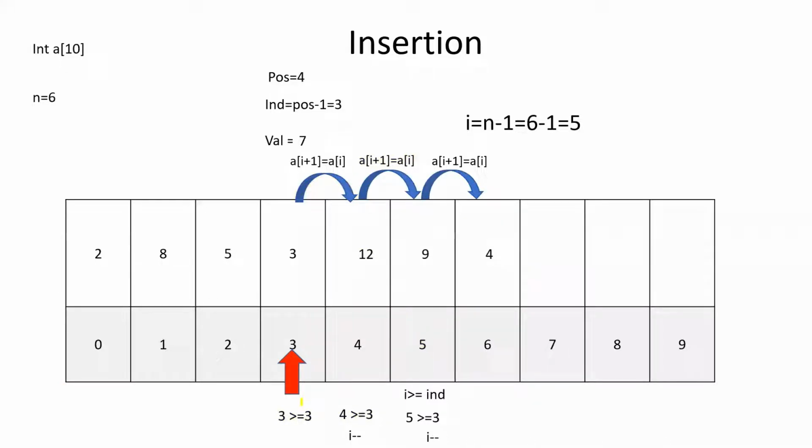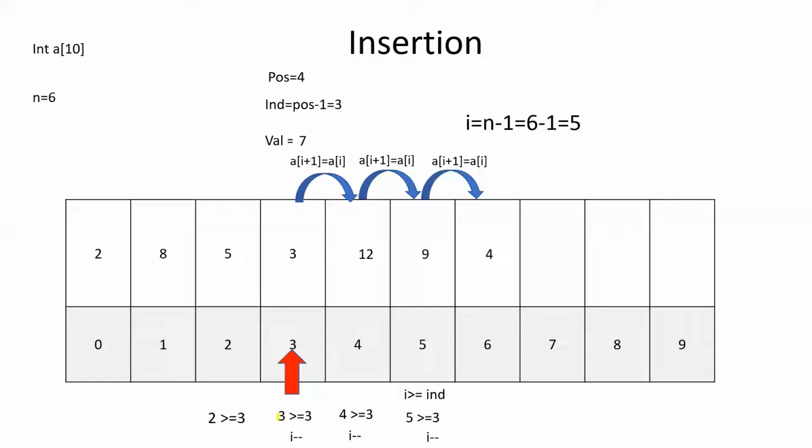After copying, what is the next line in the while statement? The decrement. Not incrementing, decrementing, right? i-- means i = i - 1, so i is decremented. The current value of i is 3. When you decrement, the value of i will become 2.